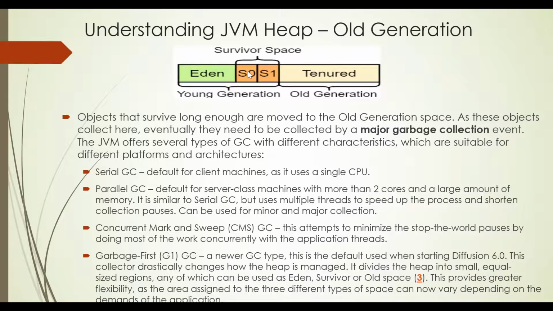So within S0 and S1 there is no such criteria for objects to get moved on. But from the total survivor space to the tenured generation, the object has to survive at least the tenuring threshold that is given. So if it survives 15 cycles, it will get moved to the tenured generation. We will understand everything in detail once we go through the GC class. I have a very good graphical representation as well, and we'll also see that live.